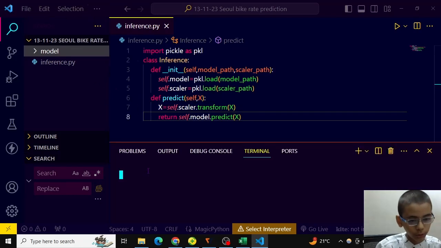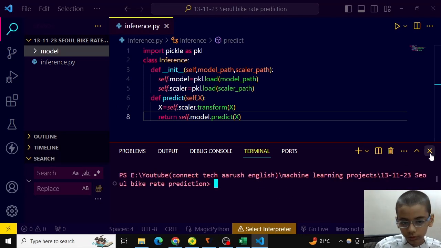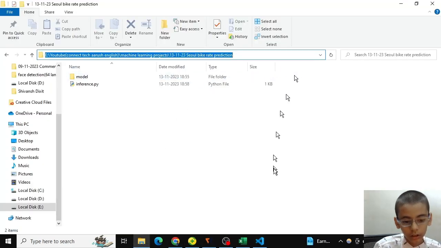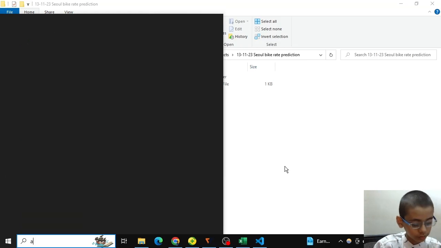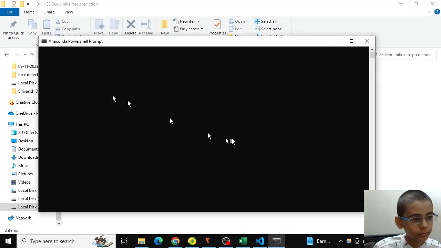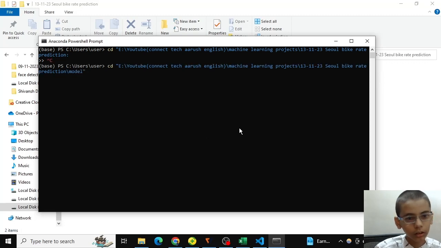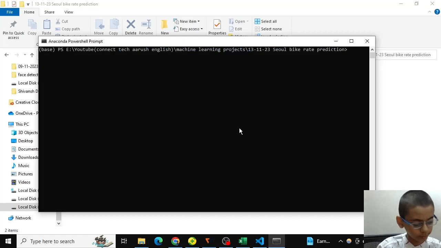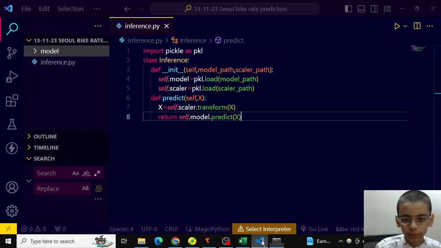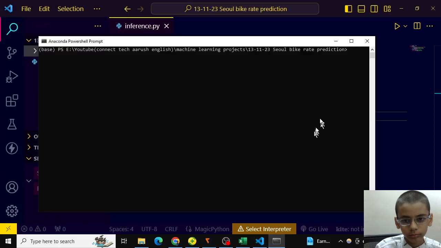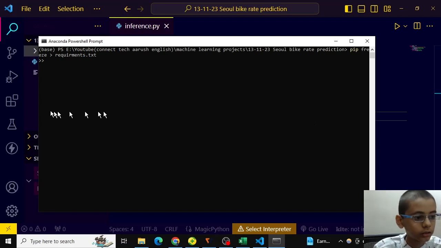We can create a new terminal here. Our requirements are freezing in requirements.txt.